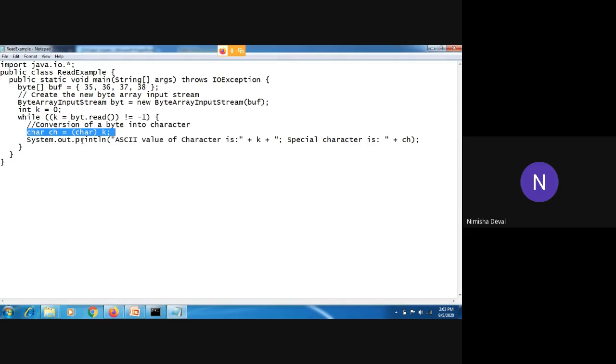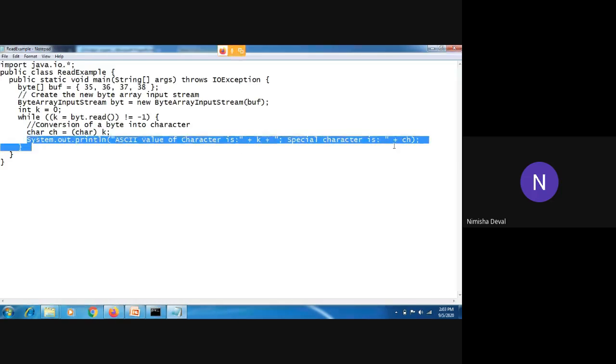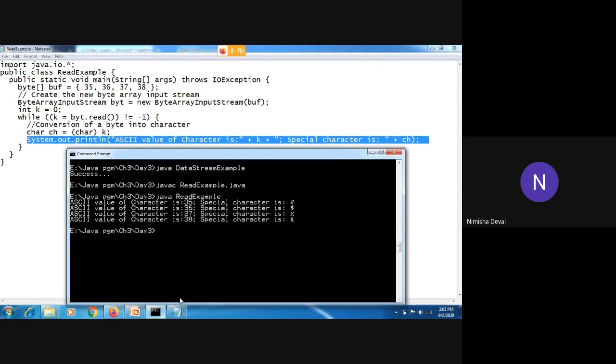Whatever character is present for that value will be printed on the console, and for printing purpose we have used this statement. For that particular ASCII value that special character is there. For 35, hash is there, then for 36 dollar, then 37 percentage, and for 38 ampersand symbol is there.